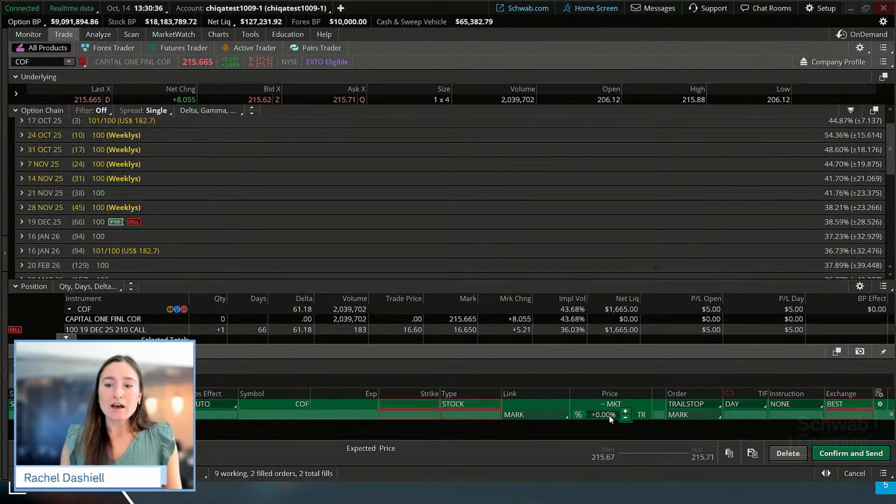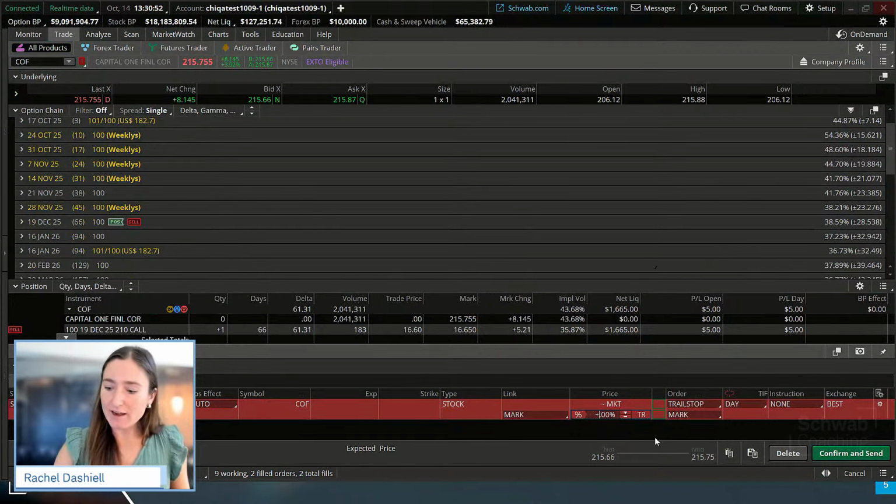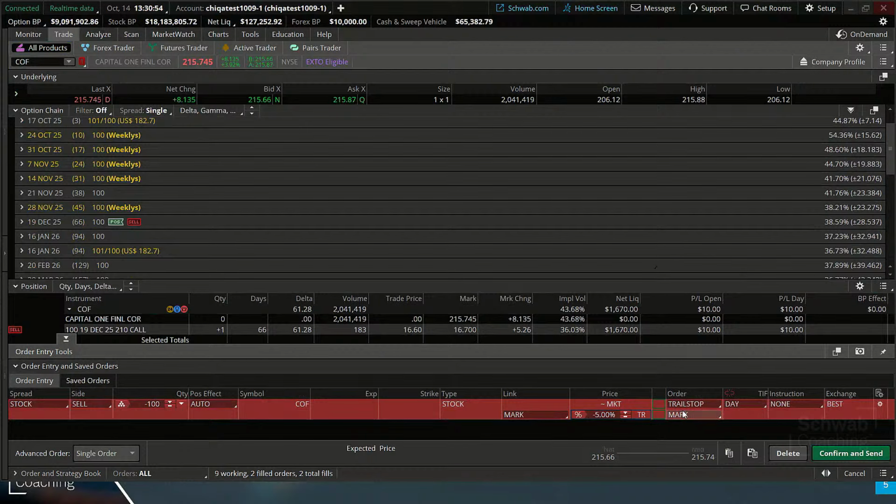So this is saying, let's say we are long this stock, for example, and we want the price of our stop order to follow up or trail our stock as it goes up. And then as soon as it goes down, let's say 5%, we want to get out immediately with a market order. Well, that's where we would use that. Now that order can only move closer to price. It can't move away from it. So in that case, it protects your losses and even protects your profits because it follows your price on the way up.